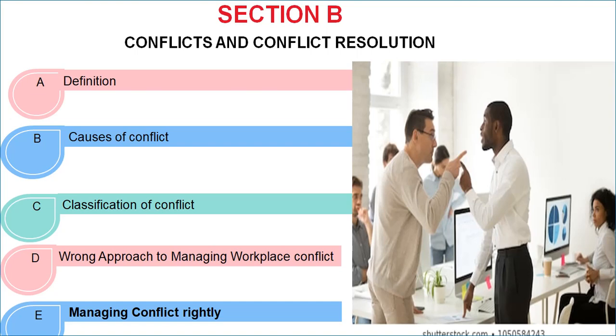Then we look at the wrong approach to managing conflicts. In fact, we are going to discuss this one so that we don't use any. Some people, for example, are firecrackers. Once you do anything they disagree with, they'll tell you their mind and go their way. That's not the way we work at the pharmacy. So we are going to look at the wrong approach so that we avoid it. It will destroy morale in the pharmacy, will not help people, will not help you, and will not help anybody. And the last lecture is going to be managing conflicts rightly.